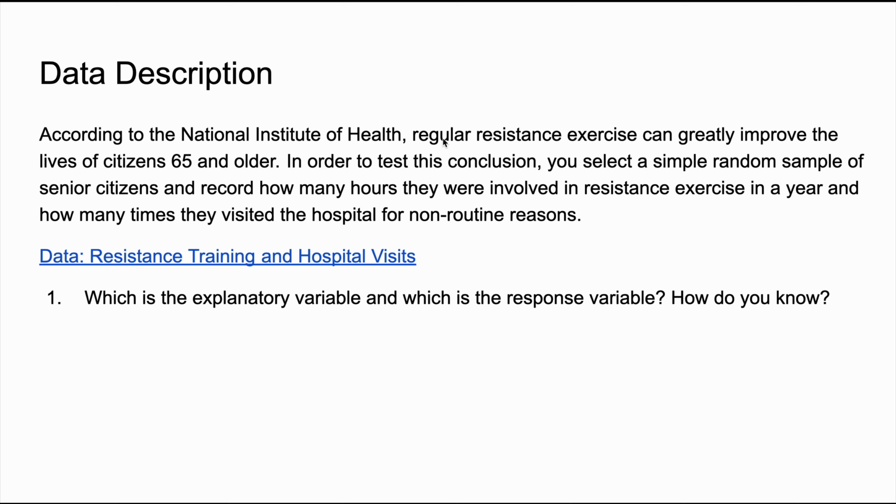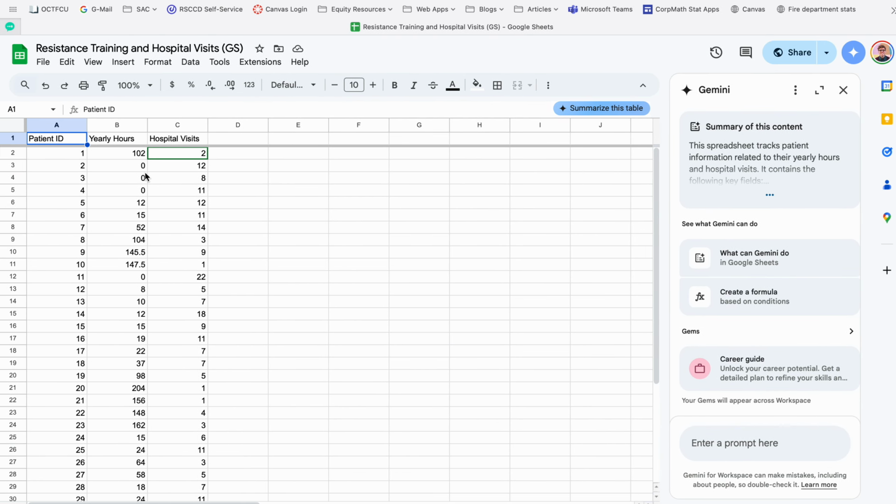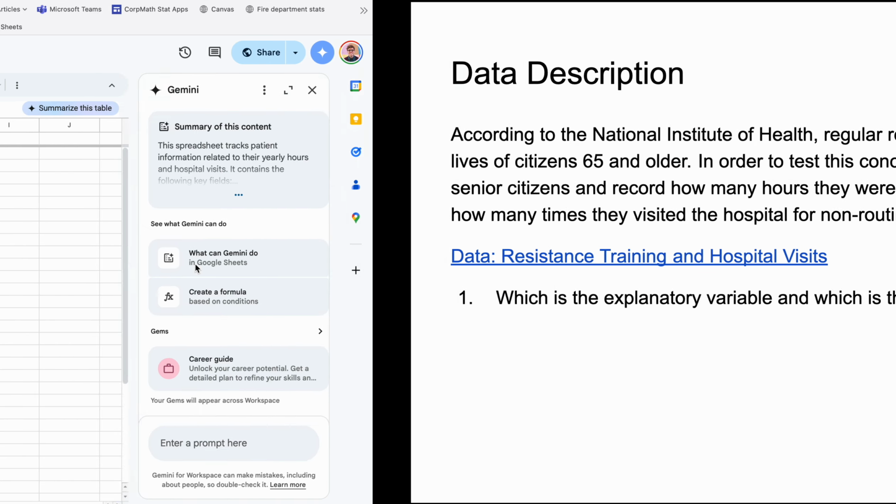relationship between exercise and hospital visits in people who are 65 and older. And so when we look at this data, we see how many hours in the year they tracked over the course of the year the patient spent doing resistance training, and how many hospital visits they had. So you can see some people had a lot of hospital